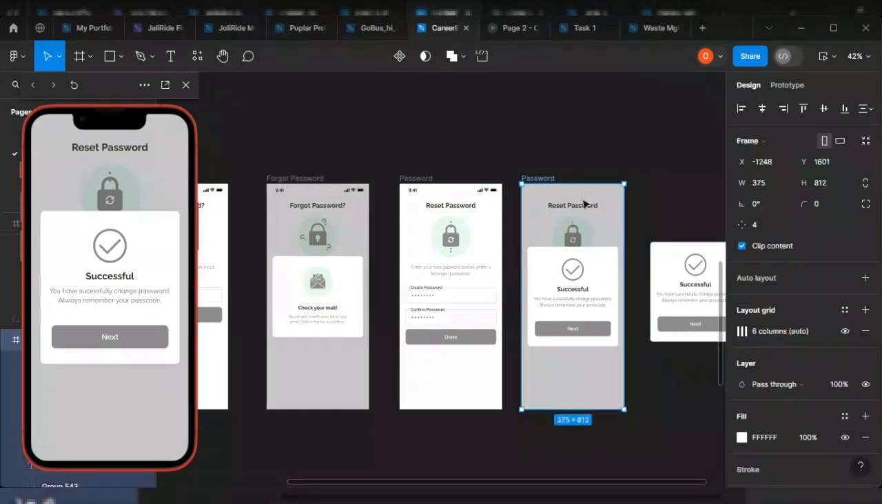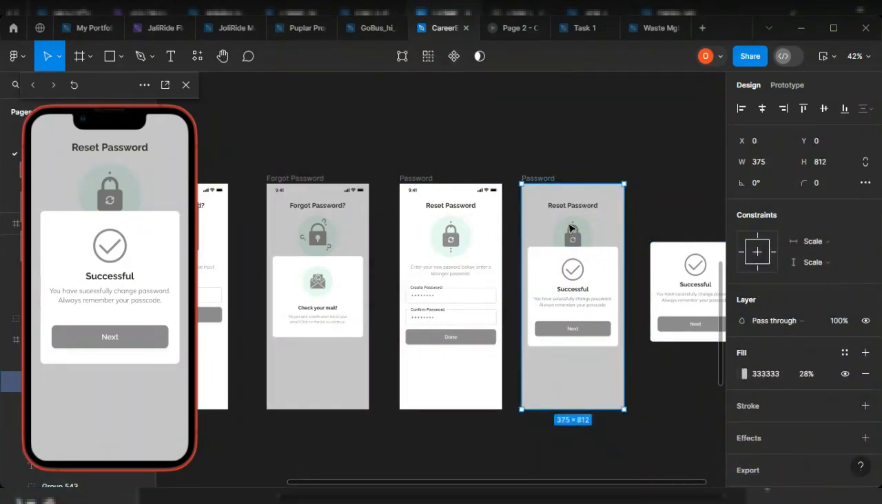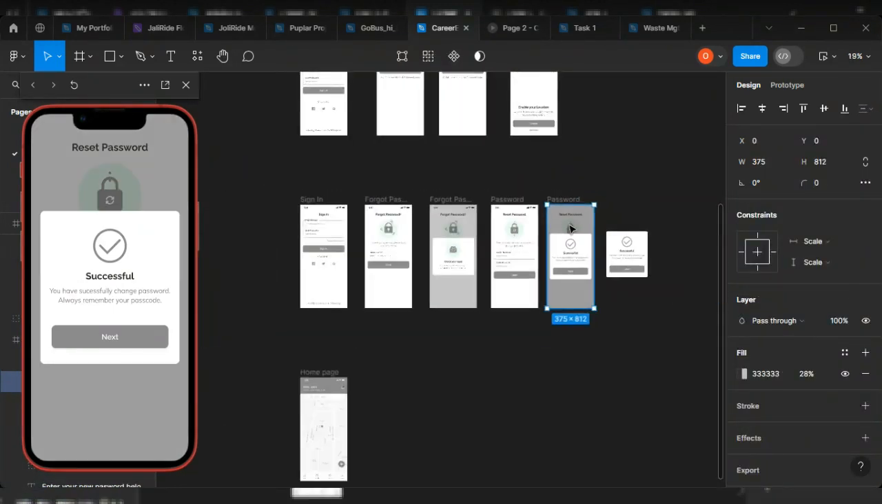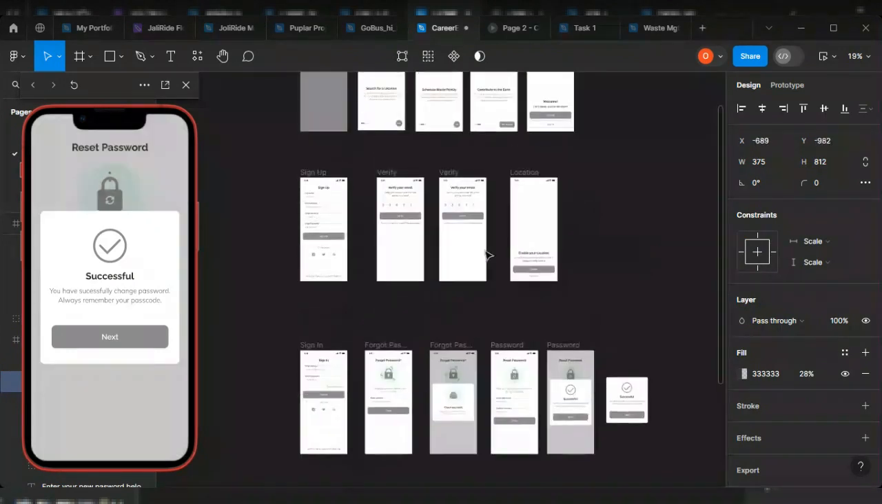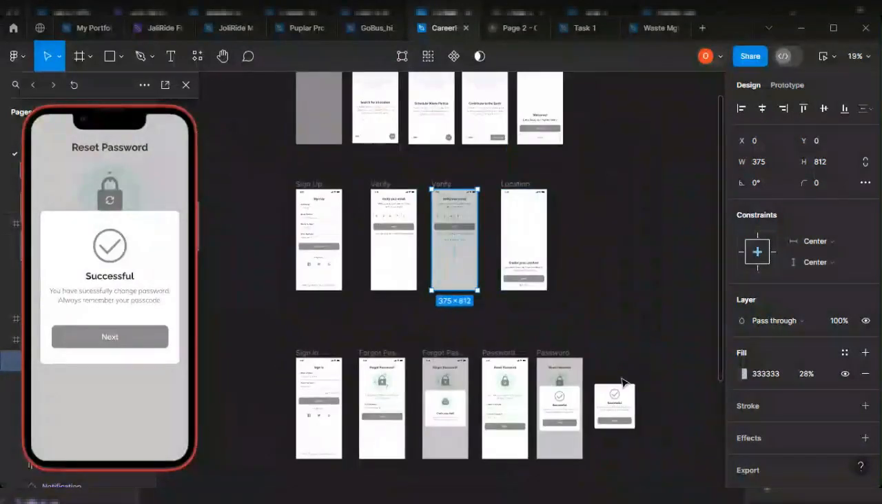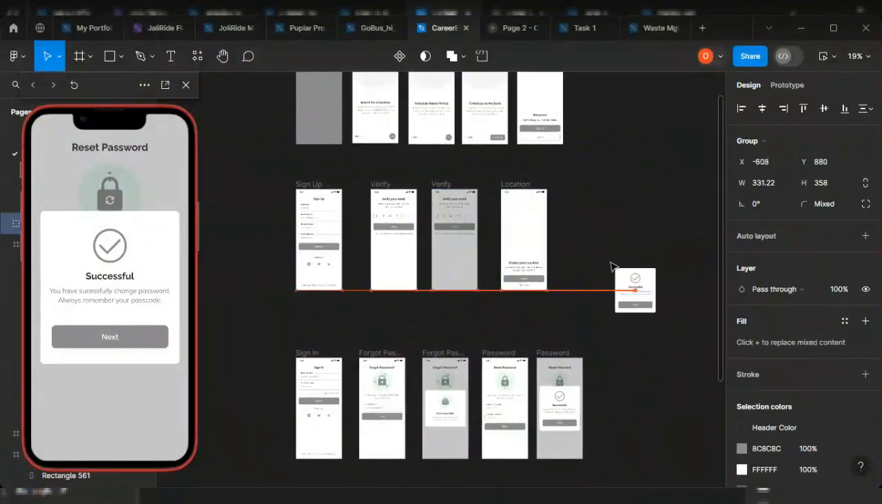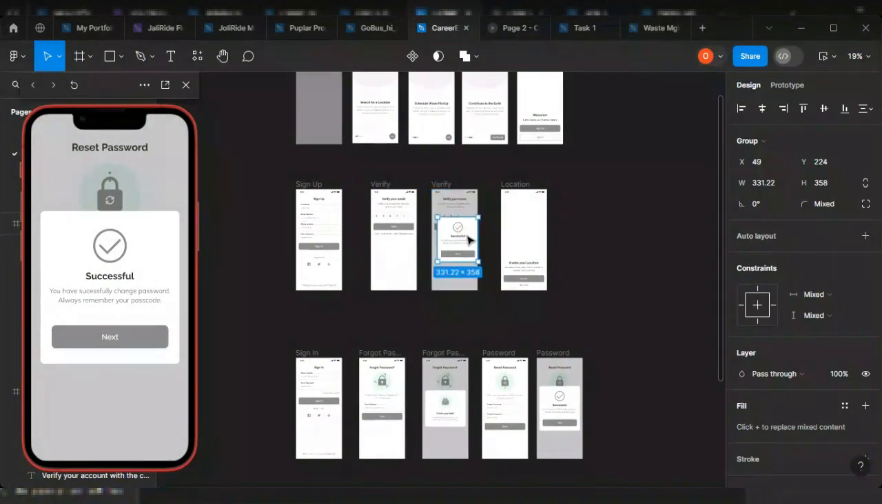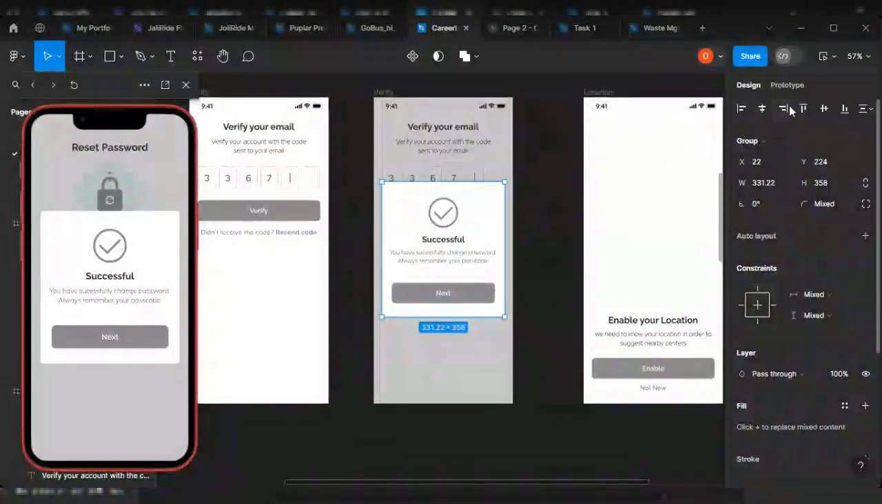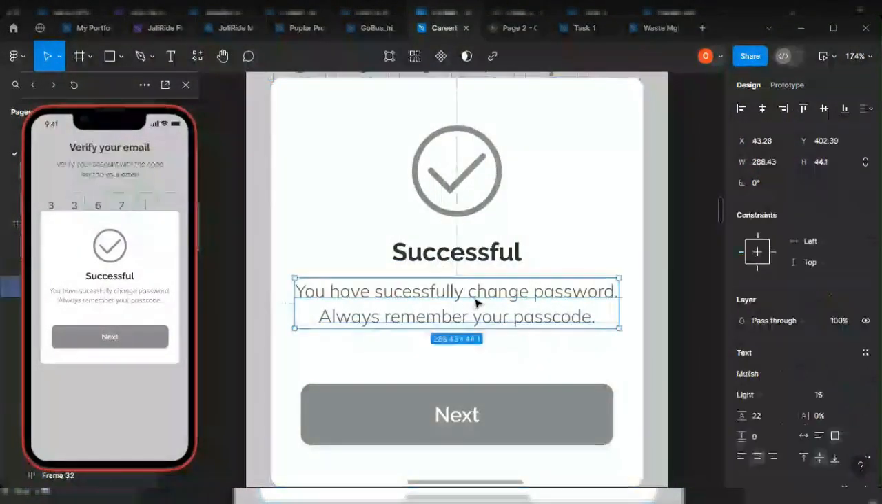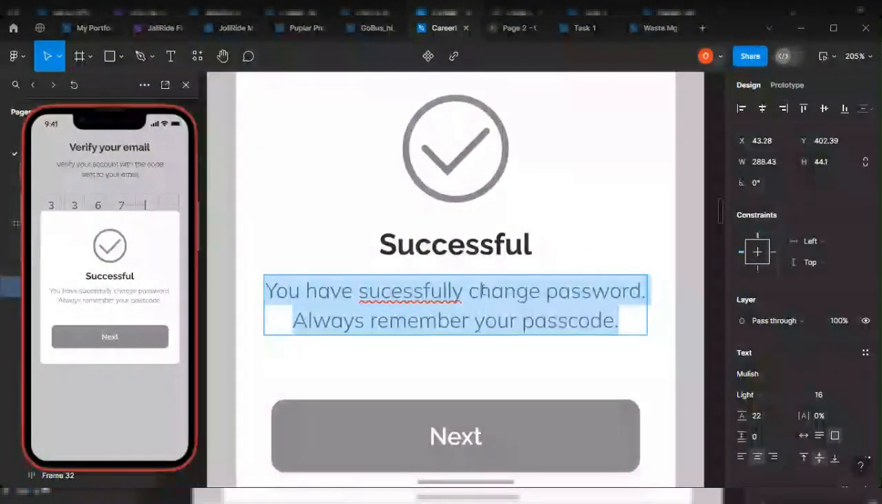And I'm going to take this dark rectangle I added here to show like an overlay. So I'm going to bring it in, and I'm going to arrange it to cover the whole screen. And I'm going to bring this successful modal, and I'm going to put it in here and align it to the center. Okay, and now I'm going to change the write-up and say you have successfully verified